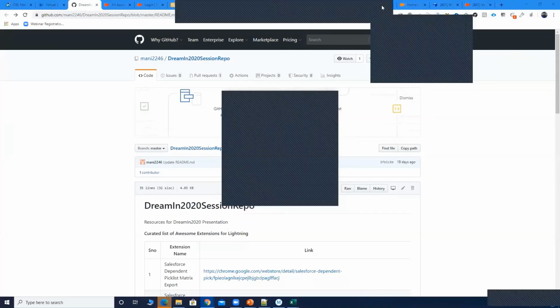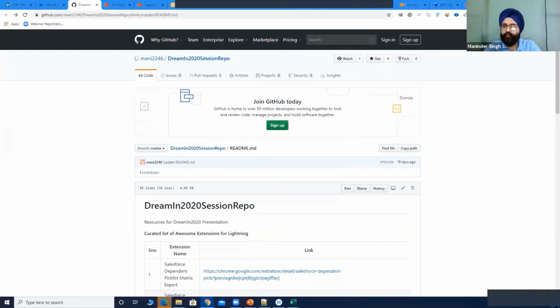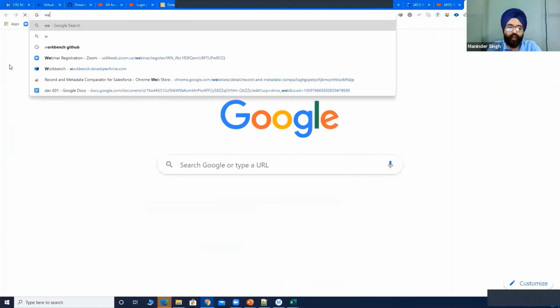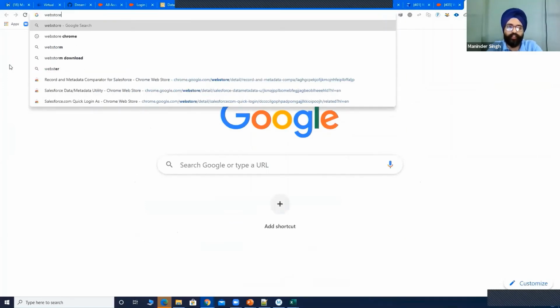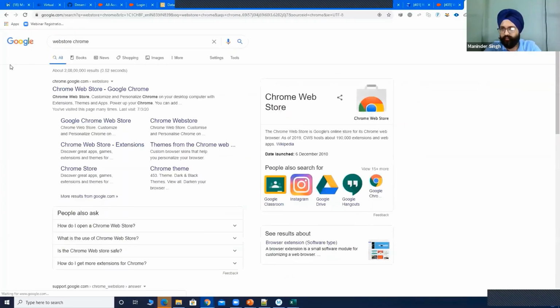The next one is, can you explain the process of getting these extensions published on the Chrome? Yeah. For that, you have to register on the web store account, particularly for Chrome, and there is a one-time fee of $5 which you have to pay, which is for lifetime, with which you can publish 12 extensions at most.